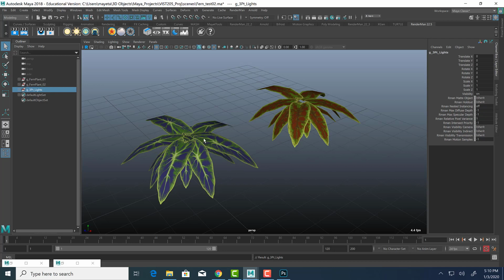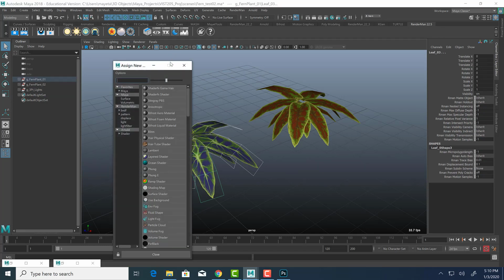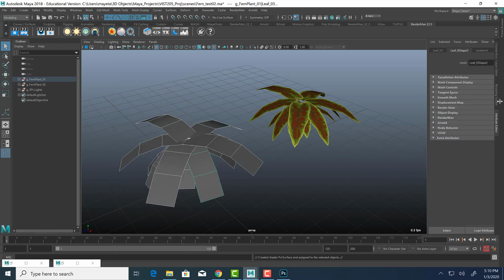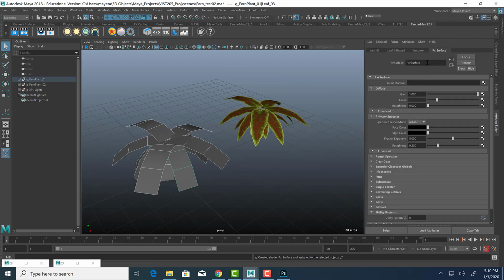Secondly, we need to assign a different shader to both of these. So this first one, I'm going to assign a new material. We're going to go to Renderman, and you could do either Pixar Disney or Pixar Surface. So let's go to Pixar Surface and take a look at the attributes. And here it is. This is a Pixar Surface node. So I'm going to name this Pixar S